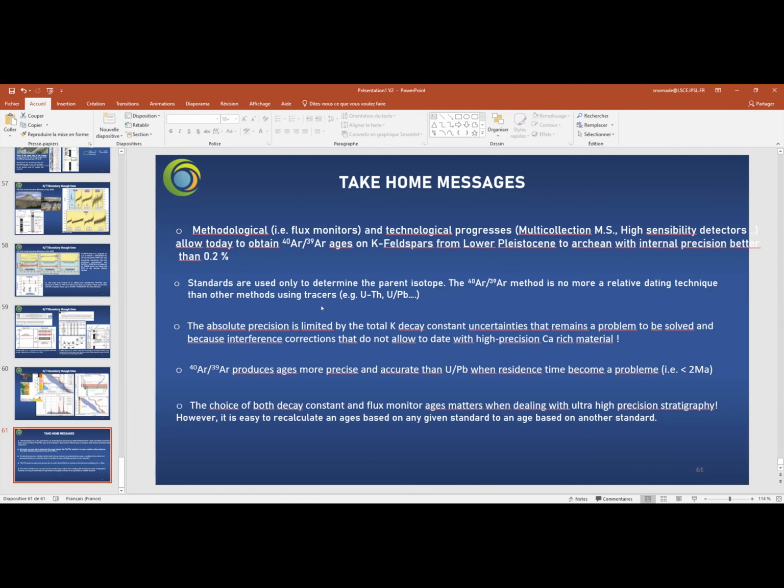Yes, there is a spread, in fact, and this spread could be due to many things, but it's mainly due to the fact that we measure sometimes hundreds of grains, and there is a natural variability that we cannot resolve, and sometimes it's a continuous spread. So where do you stop? If you have more than 100 grains, you could always say that I have a Gaussian distribution, so the mean is okay. But when you have 5, 6, or 7 grains and you have a spread like that, sometimes it's difficult to say anything about the age.